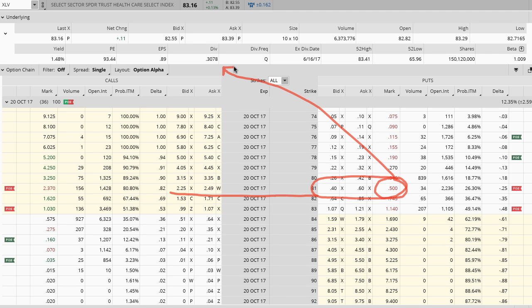But if they're not, and in this case both of them were not, right? We had the 81 puts that were worth $50, the 83 puts that were worth $114, definitely not less than the dividend that's going to be paid. And for that reason, you're probably not at risk of assignment, right? It would be inefficient for the option buyer to assign, collect the dividend, and then buy the put option, which is what they would do. And so that's why you have to check that out.